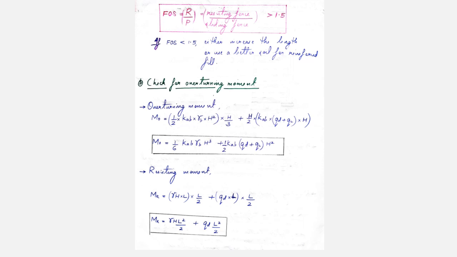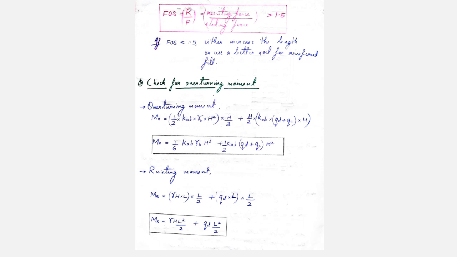Now we will move to the second type of external stability analysis. Here we will be checking the stability of the reinforced soil block against overturning. There is a chance that due to these forces acting on the rigid block, this rigid block can overturn about the base. In order to prevent that, the reinforced block itself has to provide a resisting moment there. Then only it can prevent its overturning.